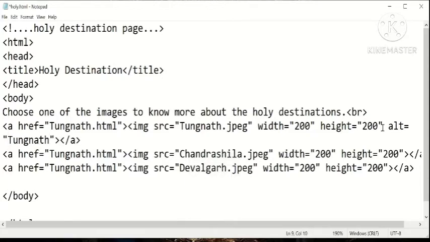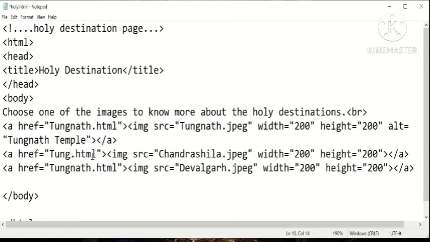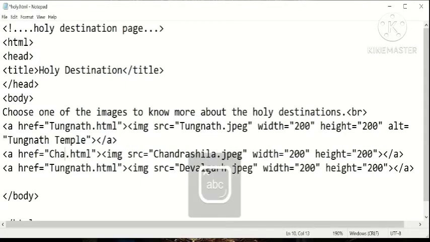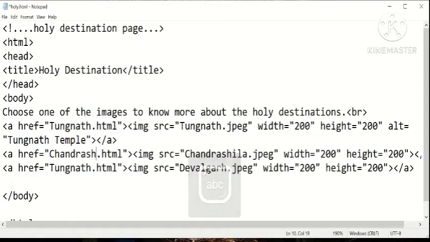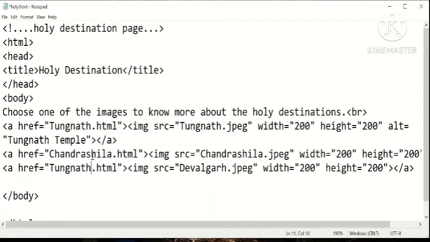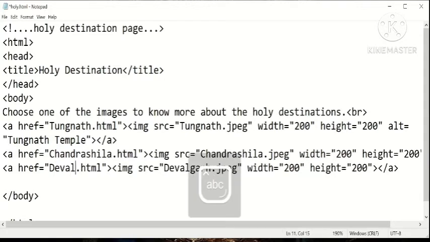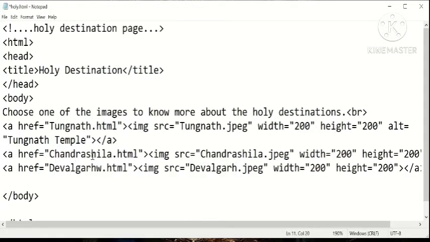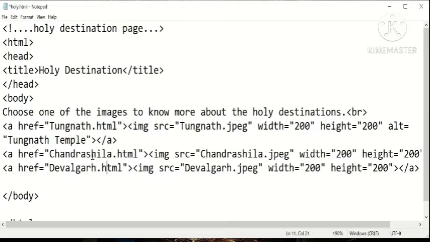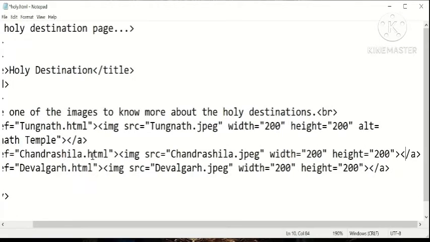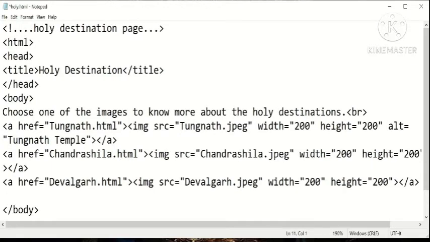Here we will also add an alternate text which will appear in case the image is not displayed correctly. So some of you might delete the image, or sometimes the image might get corrupted. In that case, we will be able to see the alt text, which is the alternate text specified by the alt attribute. So if the image is not visible or there is a wrong reference, we can at least see what that image is supposed to be of.